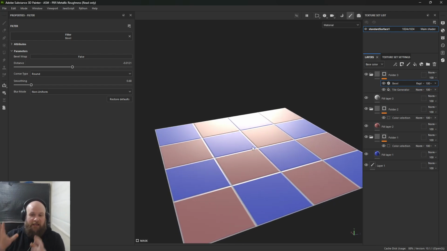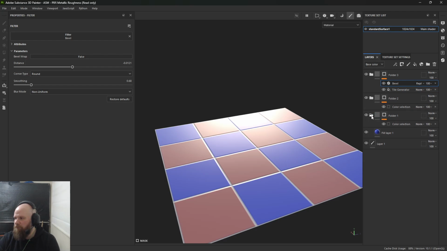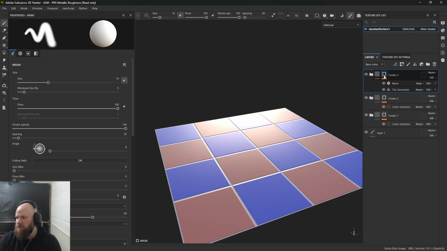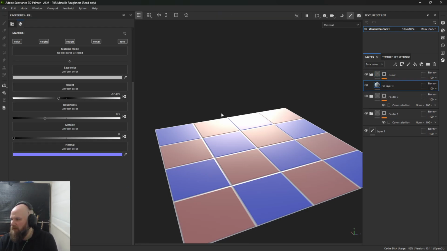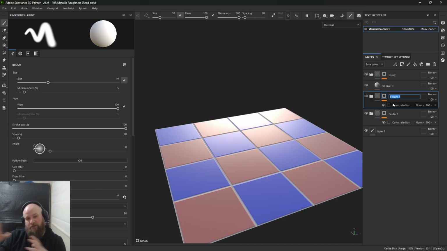So what I've got there is the beginning of floor tiles where this top one, this is my grout. So this is all like the cement where the tiles are actually stuck on there. So within that folder I can make a really nice noisy material. I can make a nice rough noisy material which is going to separate stuff off. And then in each of the other ones, I've got the two different tile types. So I've got my red one in there,